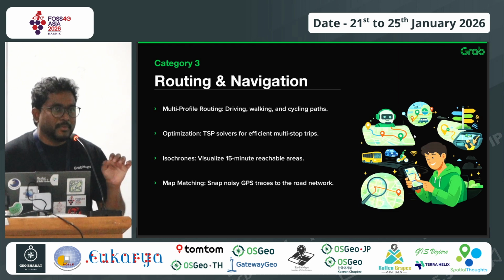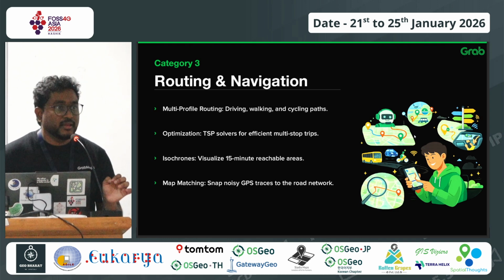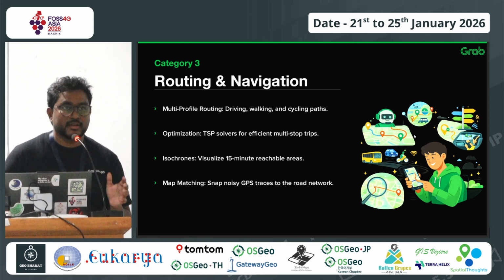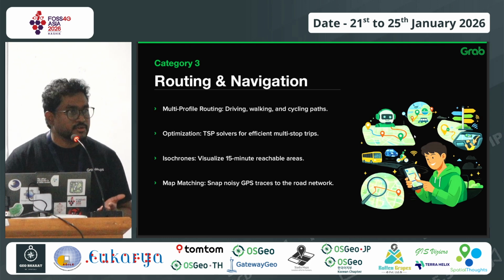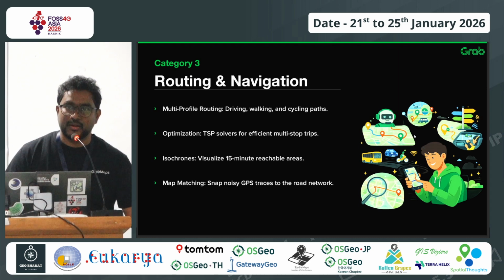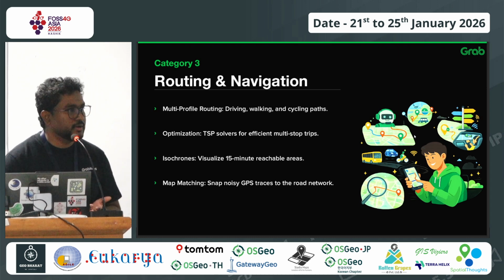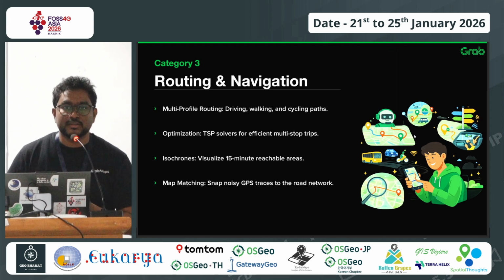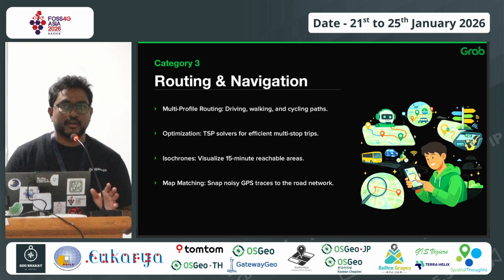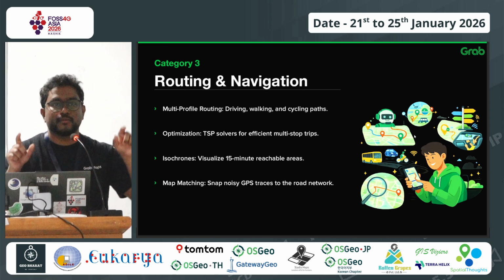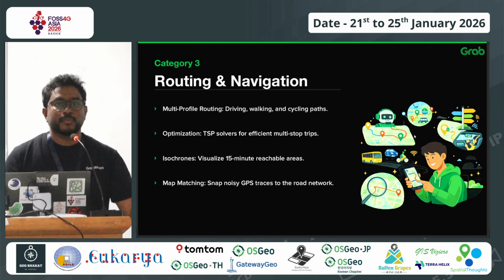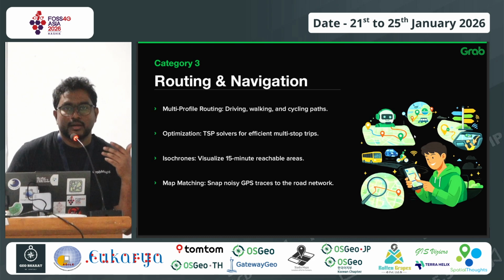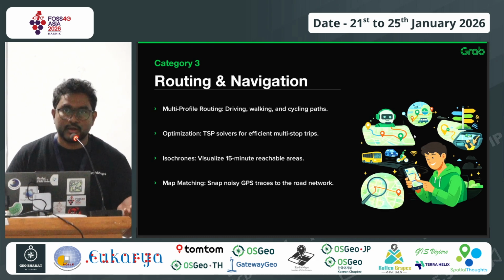Also, another feature I have added is isochrone, which can help a lot of researchers who are analyzing urban patterns. What is the distance you cover in 5 minutes, 10 minutes, 15 minutes by walking? What is the distance you can cover in 15 minutes, 30 minutes by car? You can use isochrone through this MCP, and it will show you a polygon graph. In any road network, for any given center point, this is the distance you can travel by walking or by car.